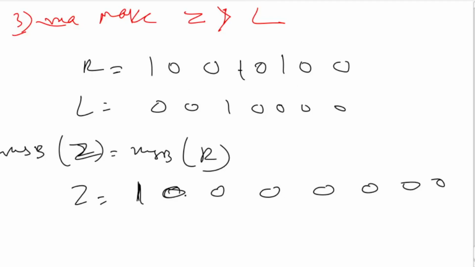Now we'll move to our first bit. We'll move here, so they both are 0, so there is no point, because if we increase this bit then it will become greater than R, which we don't want. So we'll ignore it and move forward. Again they are 0, so we'll ignore that. Now we encounter a 1. Now we have two choices here.